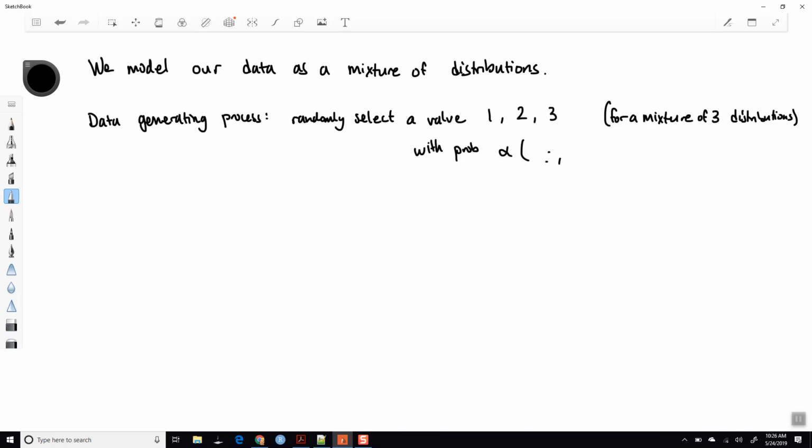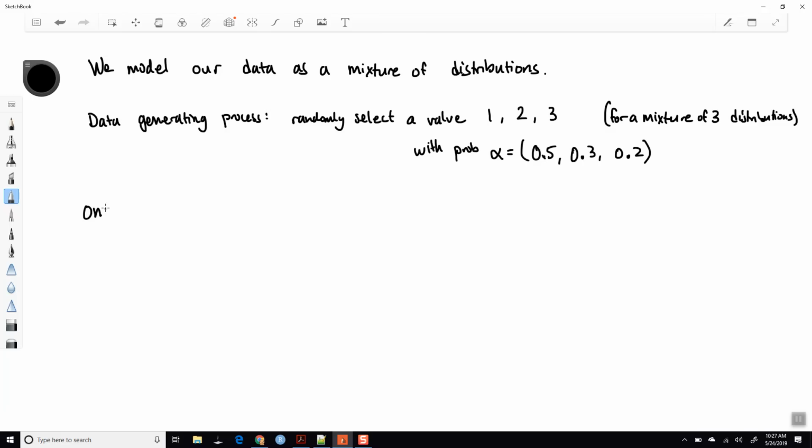I'll use decimals, so we'll say 0.5, 0.3, and 0.2, or something like that. So we're going to pick a distribution at random, so we'll either pick distribution 1, 2, or 3, and then